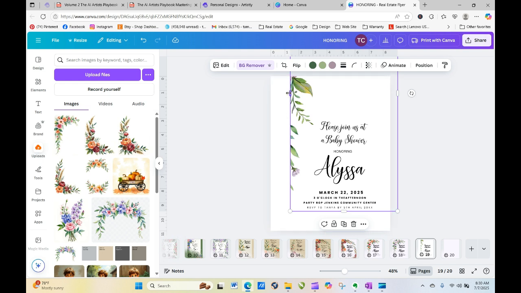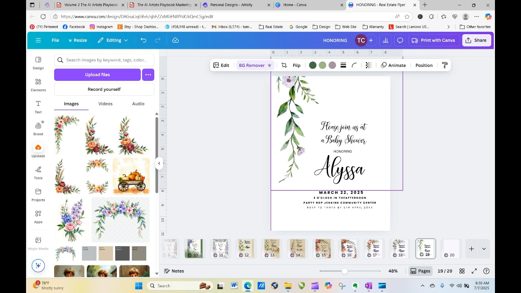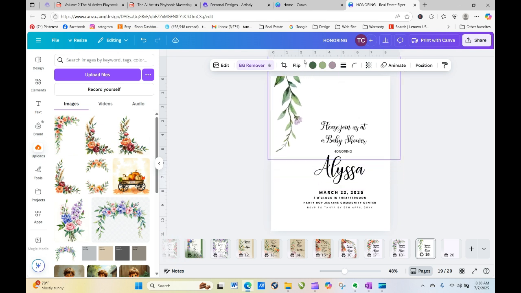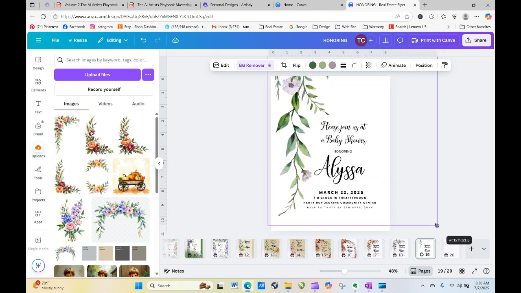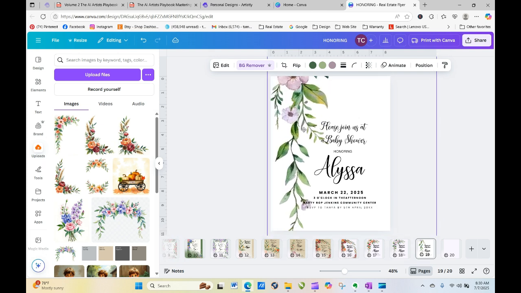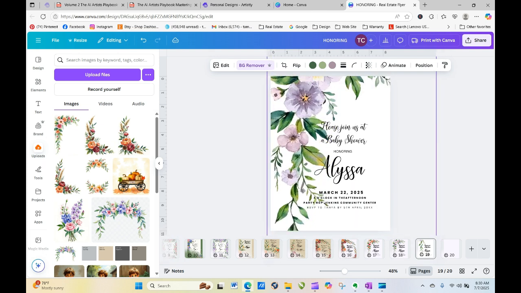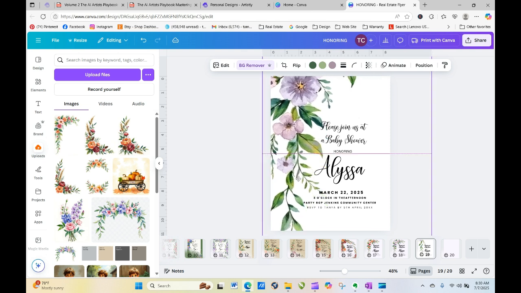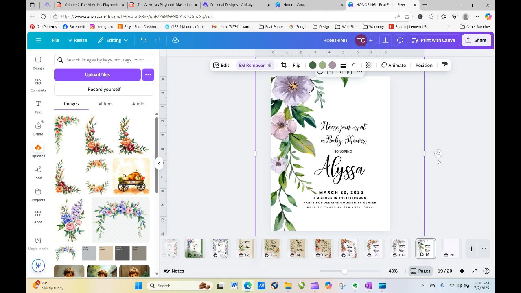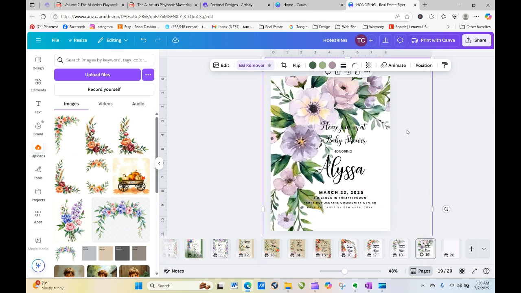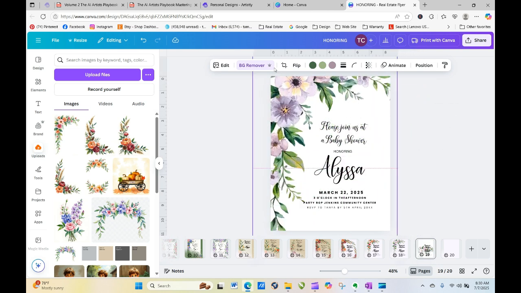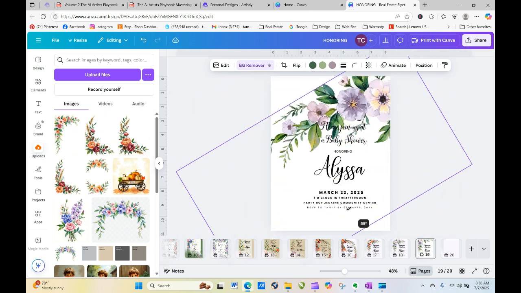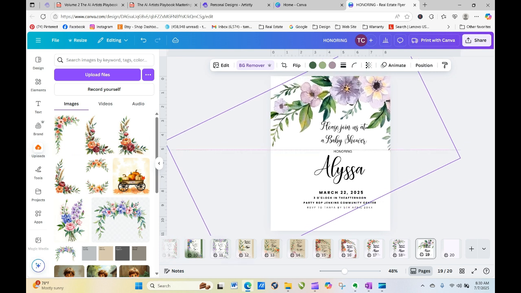All right, so I've got this piece right here, and I'm going to find my handlebars, and then play with my sizing